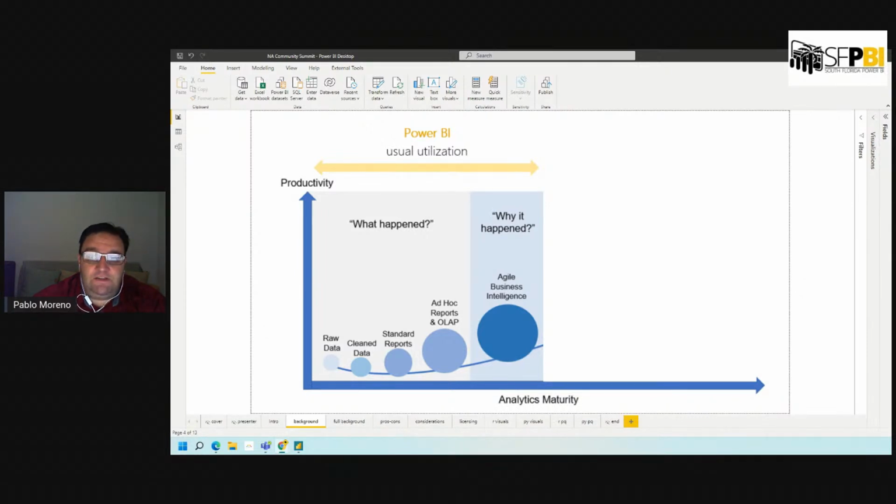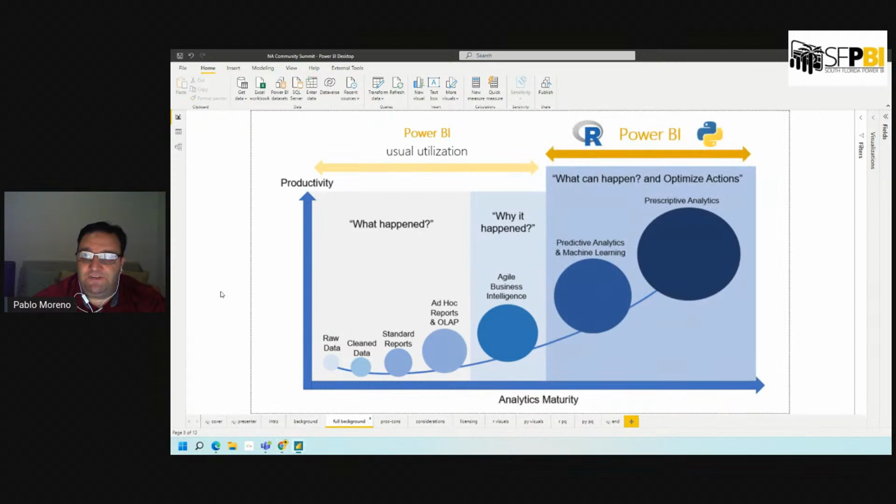And that is okay. But when we add two superpowers to Power BI, which I like to call R and Python, we can do more. We can evolve into the analytics maturity process and jump from business intelligence, in order to understand why things happened, into what can happen in the future, what is possible to happen, what could be the optimal scenario in the future, understanding that all those historical patterns have been identified, have been measured, and of course can be extrapolated